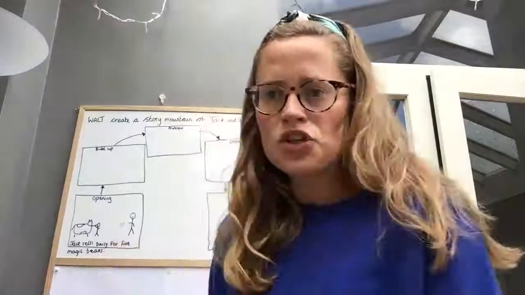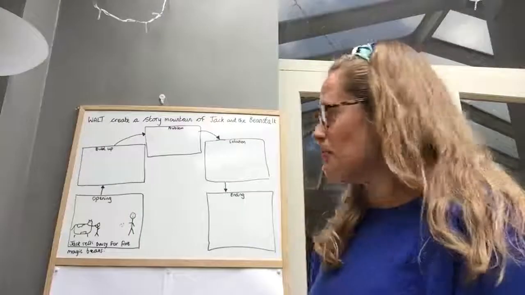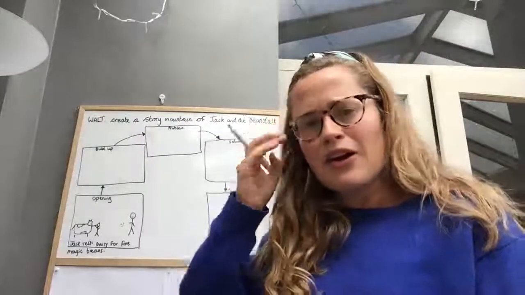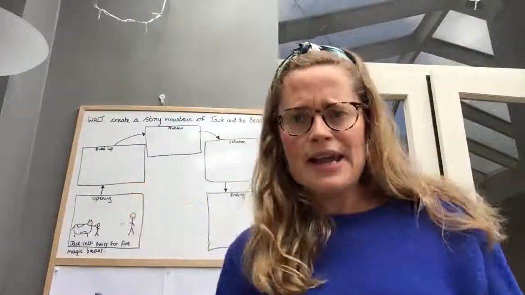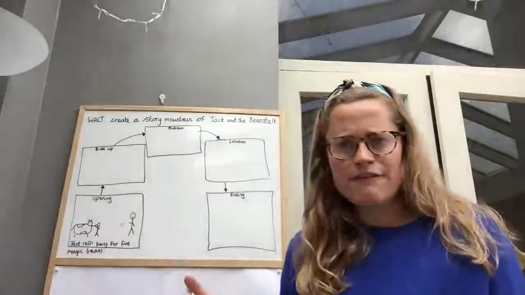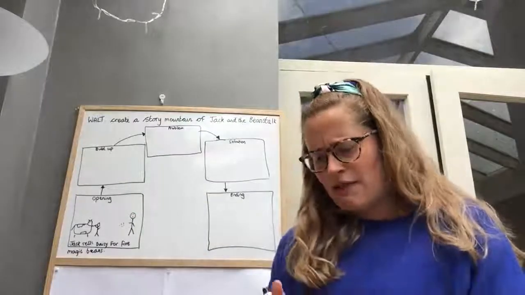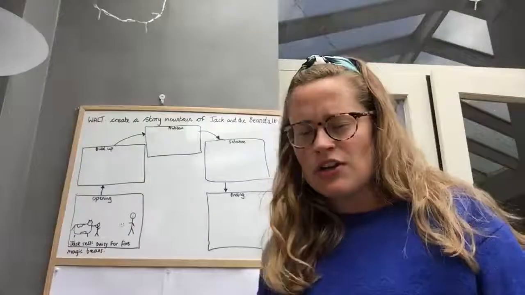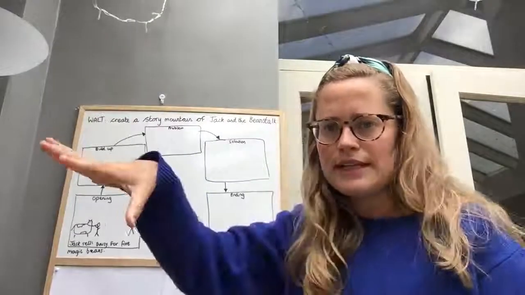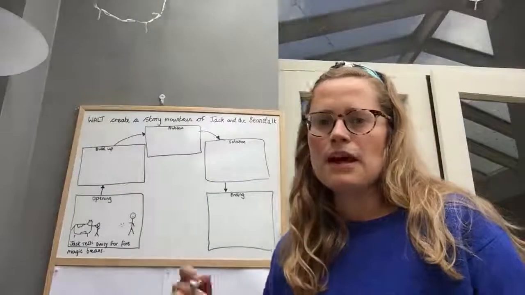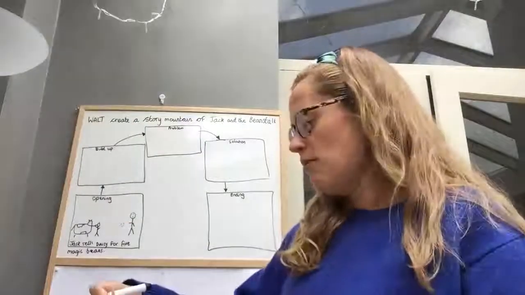Do you remember? Jack sold Daisy for 5 magic beans, and he came back home really pleased with himself, and his mother said, 5 beans? 5 beans? She was furious, and she threw the beans out of the window. So maybe that could be the build-up will be about